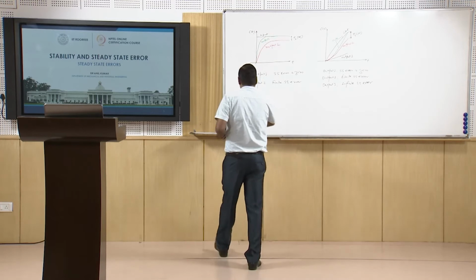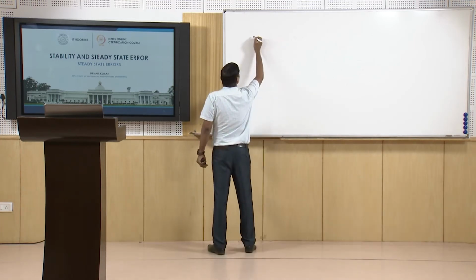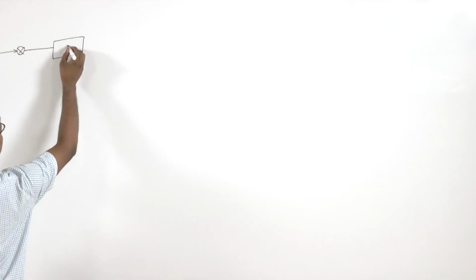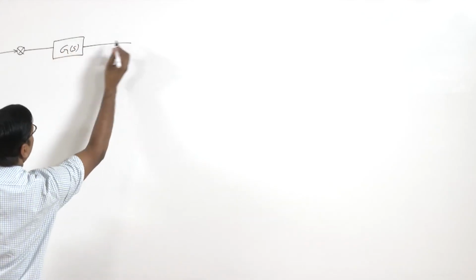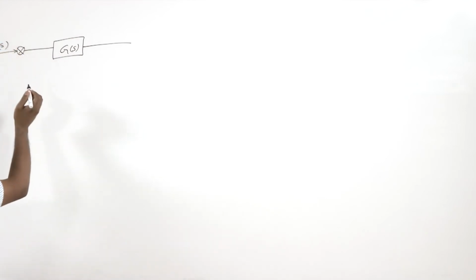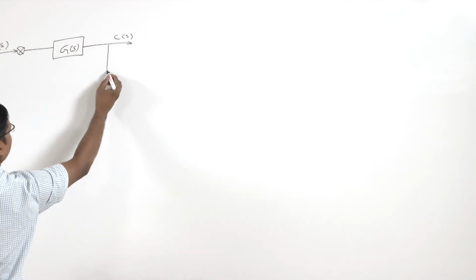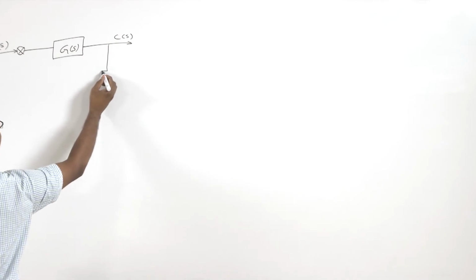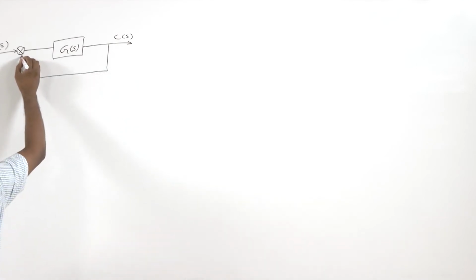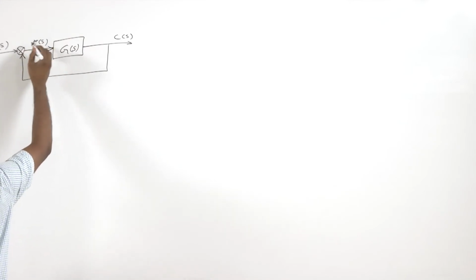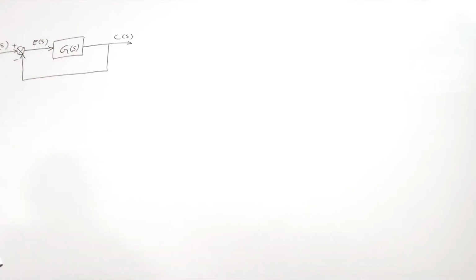So we define the steady state error. So we have some general transfer function that we are discussing, here is G(s), there is input R(s), and here we are getting C(s), the output, and we give feedback. Let's say we call unity feedback here, and here we get the E(s). So this is plus, this is minus. So this is a unity feedback system,